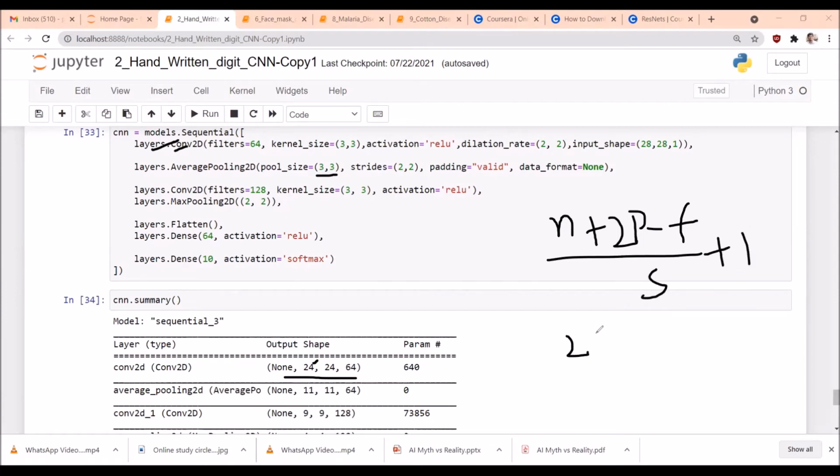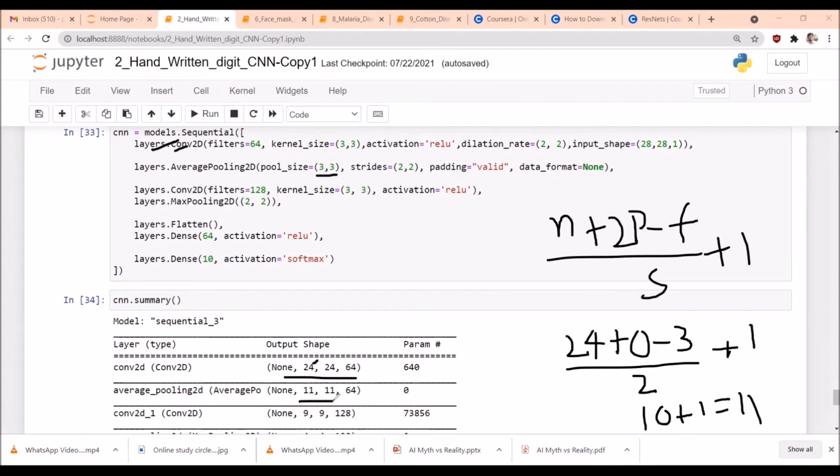Input size is 24, we are not using padding so p is 0, the filter size is 3, and the stride is 2, plus 1. So 24 minus 3 is 21, and 21 by 2 with integer division is 10. 10 plus 1 is equal to 11. The output size is 11 by 11, and we have 64 such 11 by 11 feature maps.